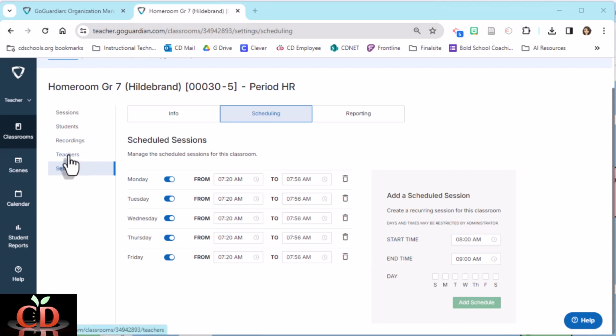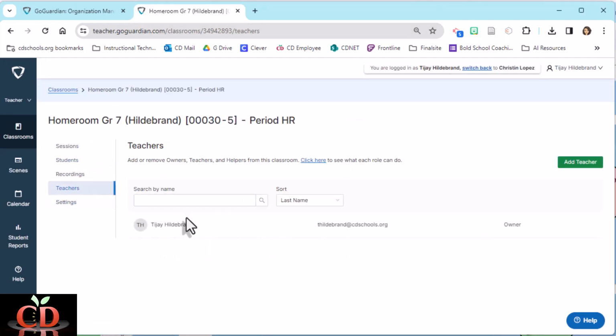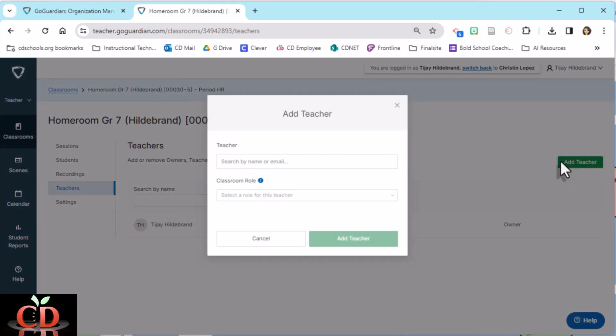The only other thing I might want to do is add a teacher. So I have the main teacher, the owner of this class, and this is set from eSchool. But let's say I want to add a secondary teacher, someone else that should be in here. I can just click add a teacher, search for any name,